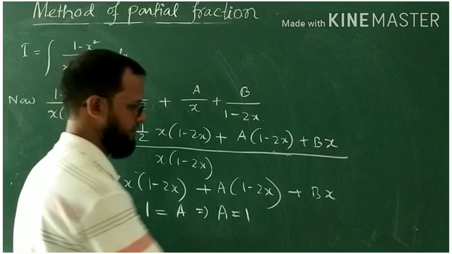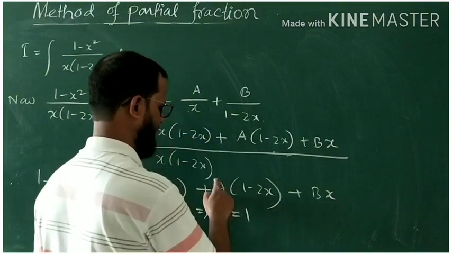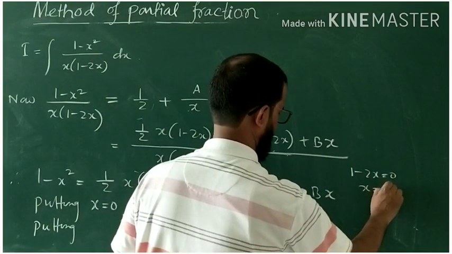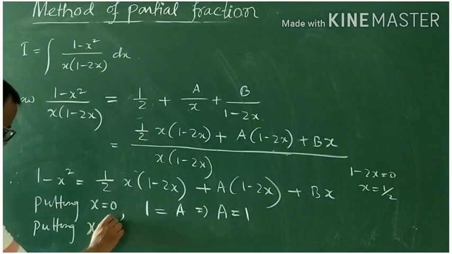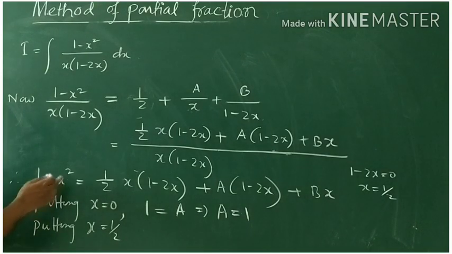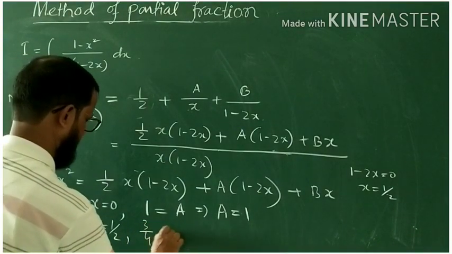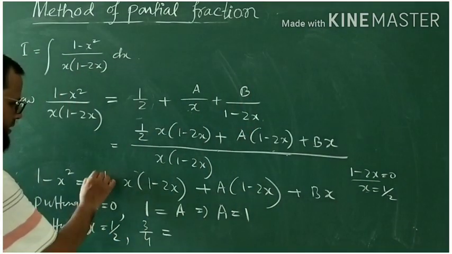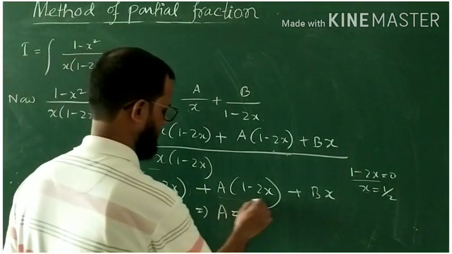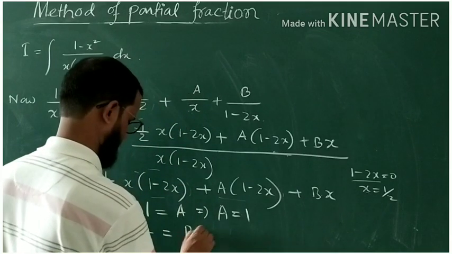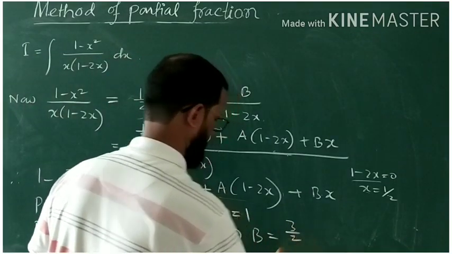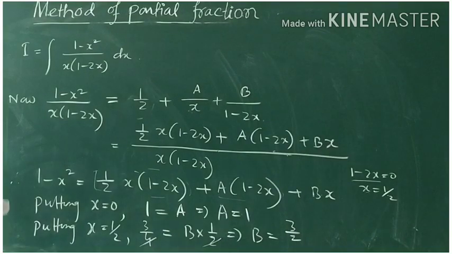ओके, नेक्स्ट पुटिंग, योर एम इज टू फाइंड द कांस्टेंट b, सो एट द सेम टाइम यू हैव टू मेक दिस टर्म 0, ये टर्म 0 करेंगे तो ये 0 होना चाहिए, 1 माइनस 2x इक्वल टू 0 मीन्स x का वैल्यू क्या पुट करना पड़ेगा, हाफ, पुटिंग x इज इक्वल टू हाफ, लेफ्ट हैंड साइड क्या होगा, 1 माइनस हाफ होल स्क्वायर, 1 माइनस 1 बाई 4 इज 3 बाई 4, लेफ्ट हैंड साइड क्या होगा, 3 बाई 4। और इसमें ये टर्म तो x इज इक्वल टू हाफ होने से ये 0 हो रहा है, दैट मीन्स दिस टर्म बिकम्स 0, एंड दिस टर्म ऑल्सो 0, एंड नाउ b इंटू हाफ, फाइनली b क्या होगा, हाफ कैंसिल होगा, 3/2।